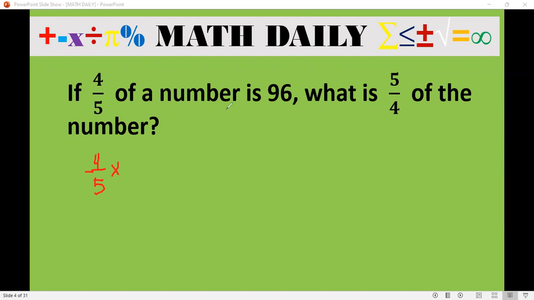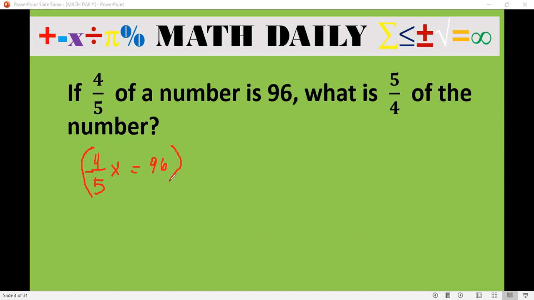So 4/5 of a number is equal to 96. If you are looking for this number, that means when you multiply 4/5 with this missing number, the result that we are supposed to get is 96. So the thing that you are going to do here is to make use of your